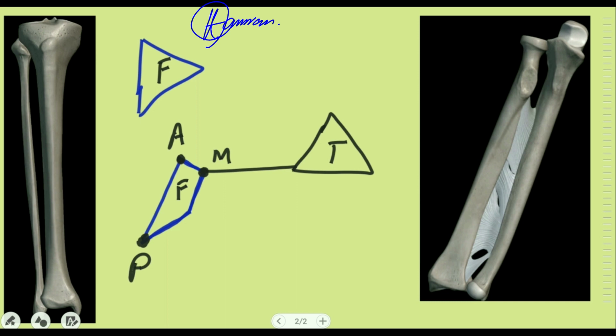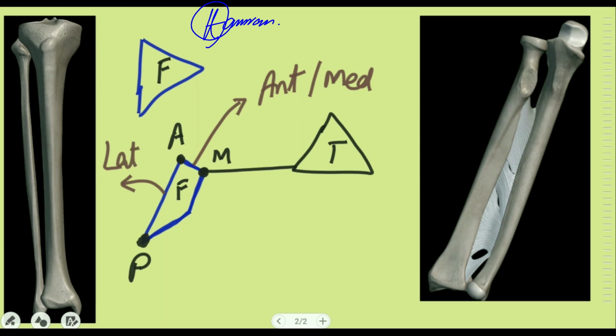And we have got the 3 surfaces. Let me demonstrate the 3 surfaces for you. This one between the medial and anterior border is the anterior surface or the medial surface. Between the anterior and the posterior towards the outer side is the lateral surface of the fibula. Between the medial border and the posterior border, this whole surface is the posterior surface. These are not 2 surfaces. This one is not the border. This is the tricky point.